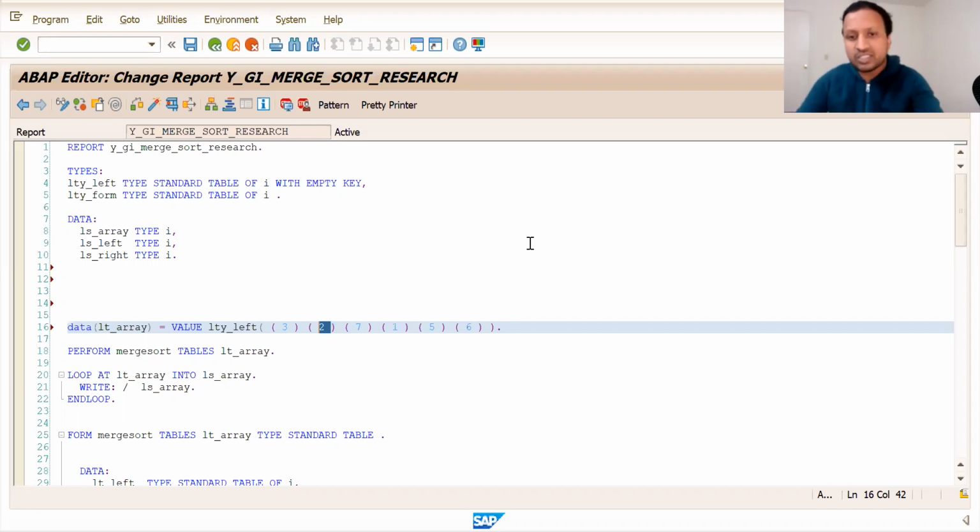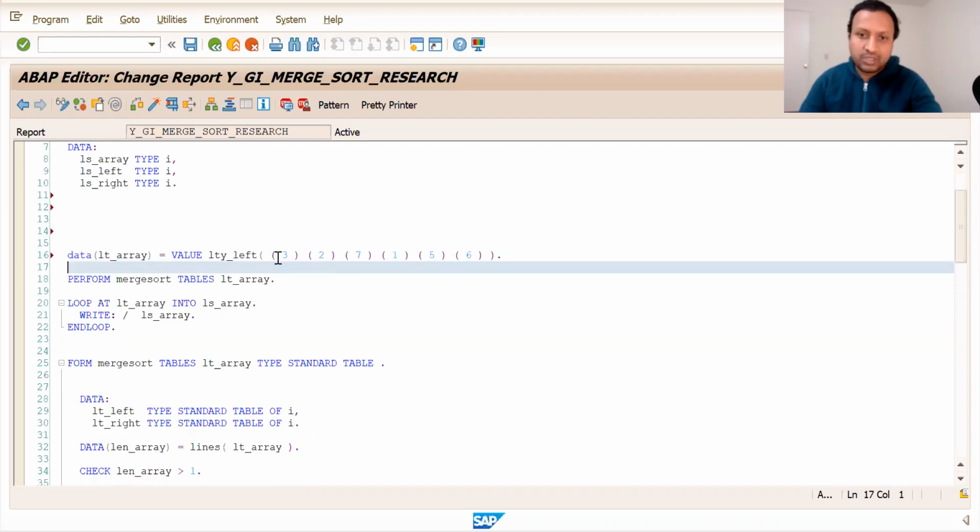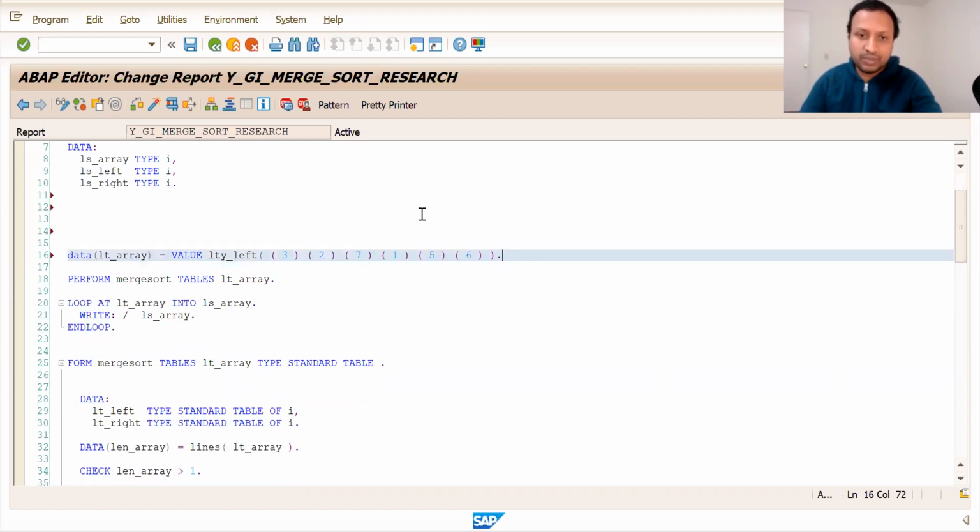You'd come across these kinds of questions. The question goes like this: you'd be given some input integers in an array, and you need to sort them ascending or descending. So how do we exactly do the merge sort? You divide the array into two. One you call left, and the other you call right array. And then you divide the left array again, and you call the left part left array and the right part right array, and keep dividing until it becomes one single element. When both of them become one single element, say in this case 3 and 2, now you compare both of them.